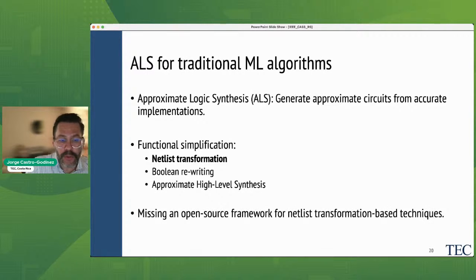Or could it also be by leveraging an existing high-level synthesis and then feeding it into a specific way to still generate a circuit that is going to be good enough? And I'm going to comment a little bit about the second approach that we have been working on. In the netlist transformation, you can imagine that you have your representation of your circuit, and then you can decide which parts of that circuit you can just prune, you can just remove, and still be able to generate good enough